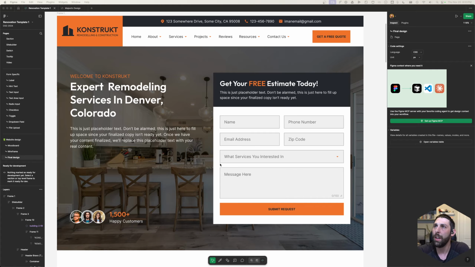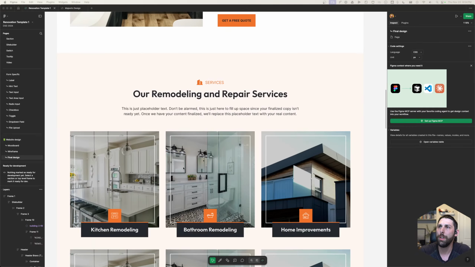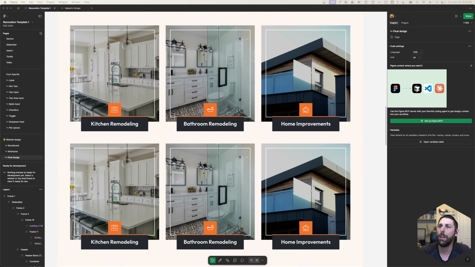Hey Dreamers, today we're going to be building a homepage in Etch with automatic CSS as well. Let's take a look at the design here. It is pretty basic. Today we're not going to build the header in this video or the footer. So we're just going to start with the hero section and do the about us section and the services section,